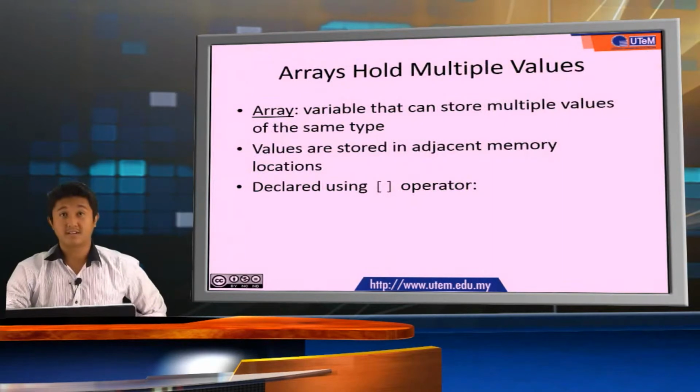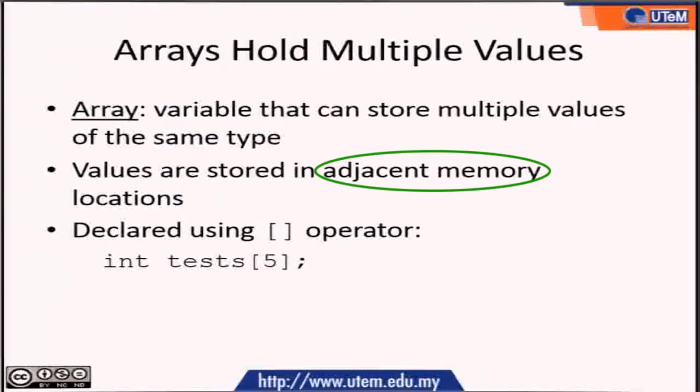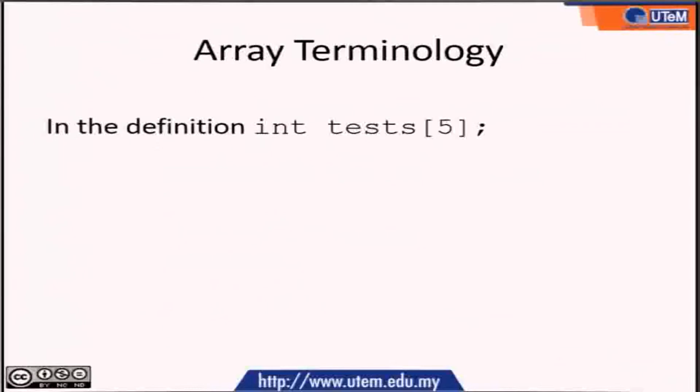So what is an array? An array is a variable that can store multiple values at the same time. These values are stored in adjacent memory locations. An array is declared using the square bracket operator. For example, we have an array called test5, and each of the elements is declared as an integer. Basically, in the declaration int test[5],